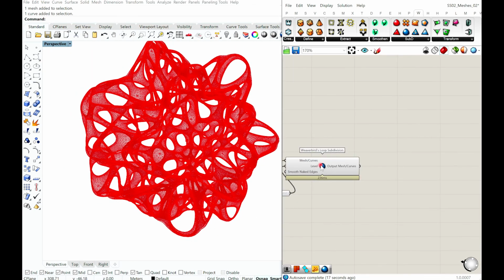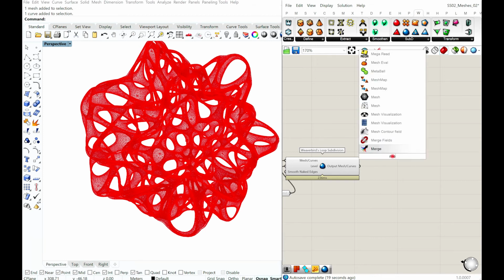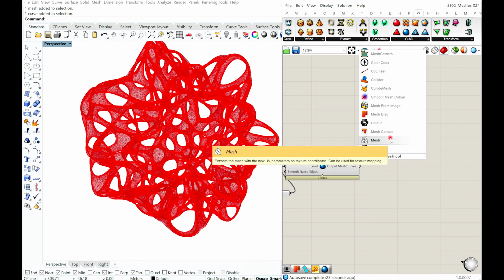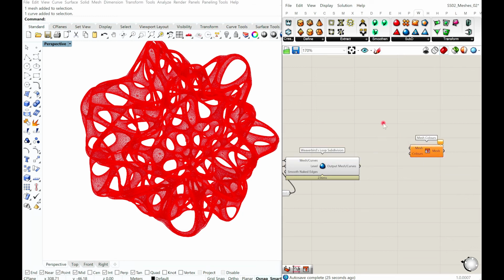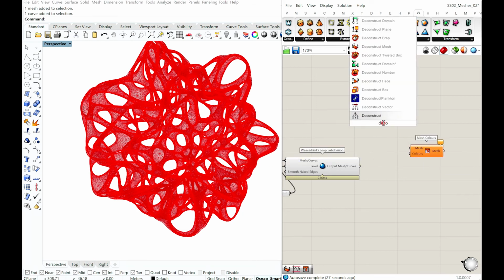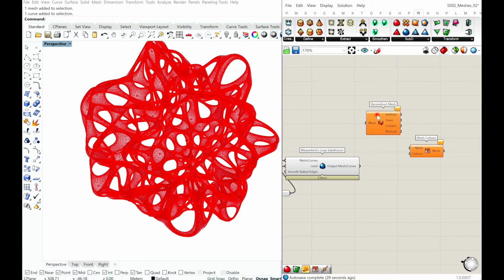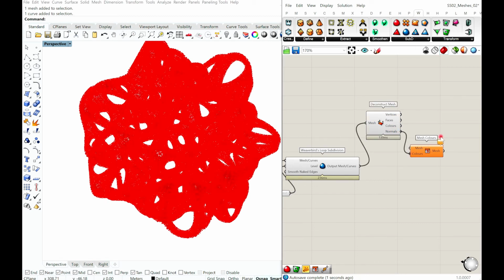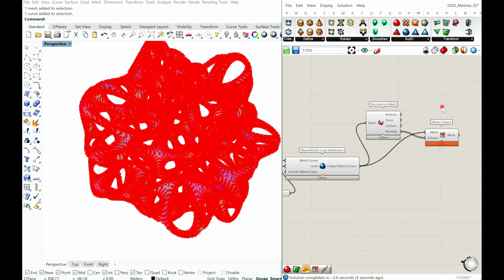And let's say if I want to put colors, I'll use a mesh color option, and I'm going to deconstruct the mesh. So I will use the normals to define the color, and my mesh is this.